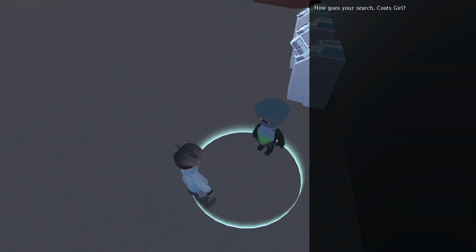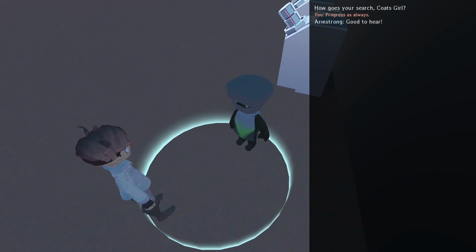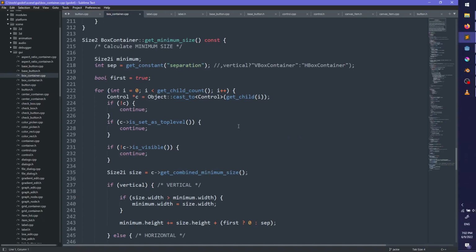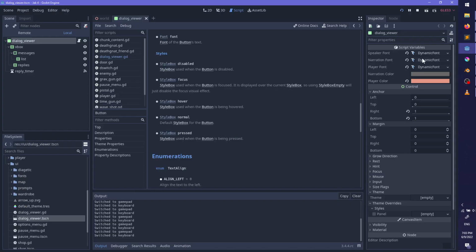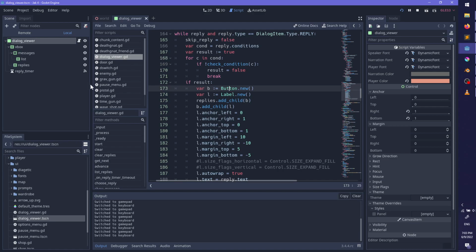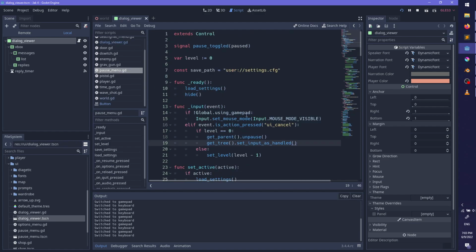Oh. Okay, I have to also press the, hang on. I have to set the input as handled for escape as well, I think. That is, pause menu.